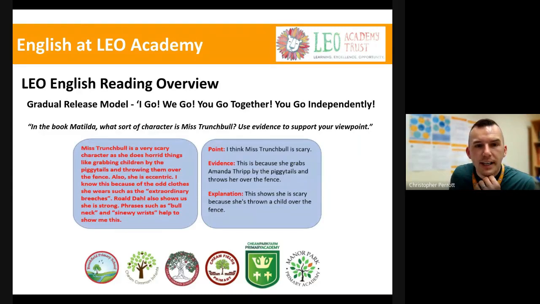Again, taking the points and then asking the children where the evidence came from. And here it's broken down into the point, evidence, explain, and they can physically see where I've taken that from as well. And what's nice about this is that I can annotate this, I can talk it through, I'm explaining that point. And what children key need is that they need to see you going through that process and being able to see that explanation as well